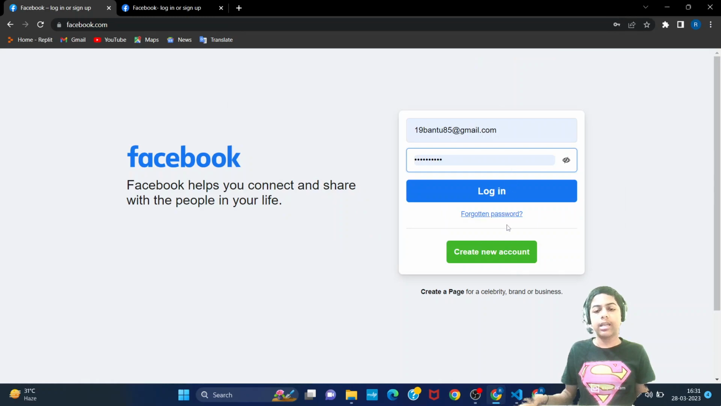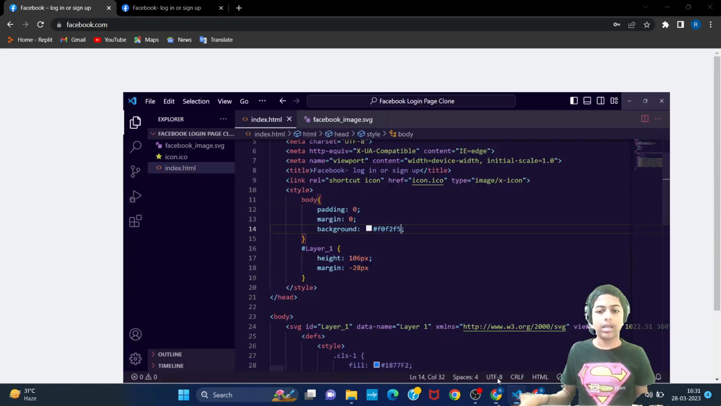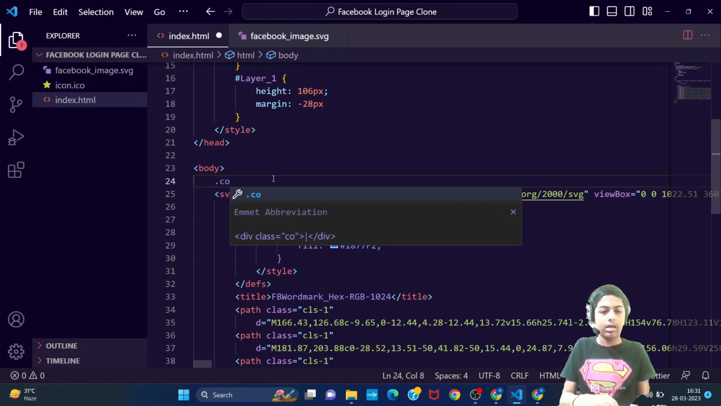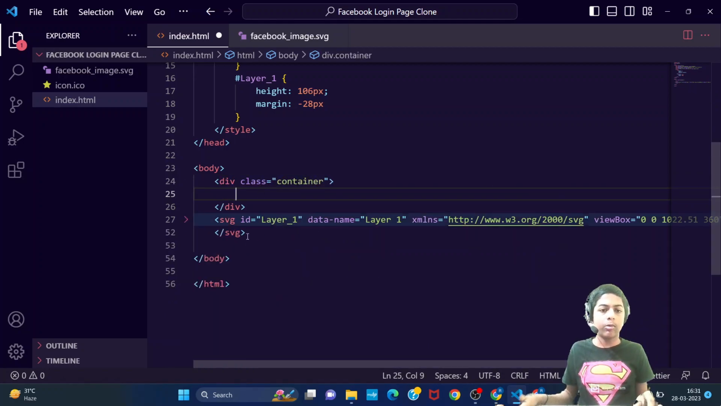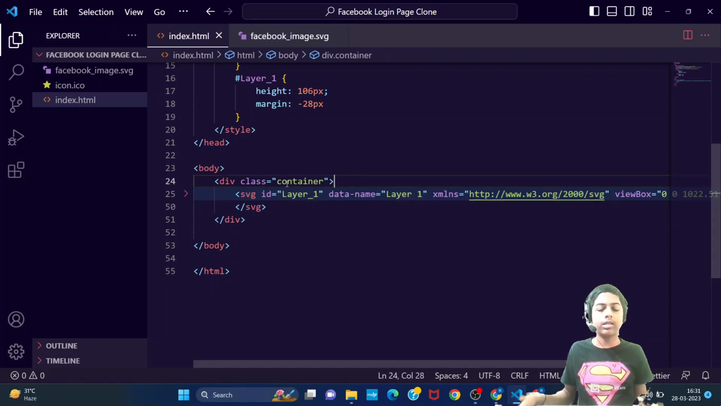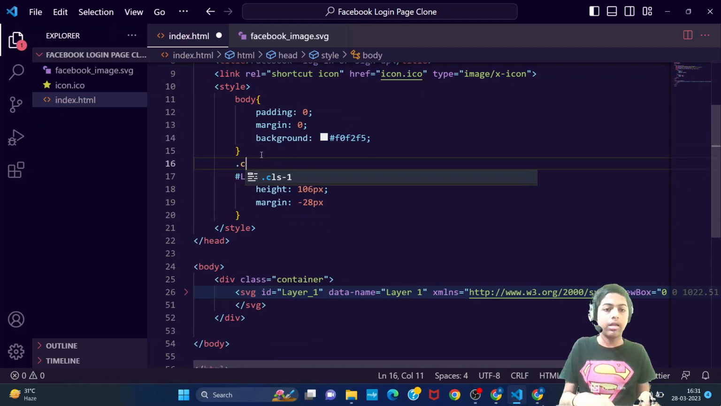Okay, I think it's a container in which they are having this, so let us check for that. Okay, so if I make a container here, let's make a container class here, and inside the container I'm going to give this whole svg. After that I'm going to save this here. Let's style this up. So for that we need container